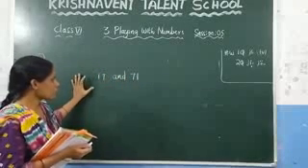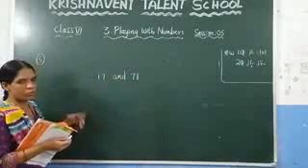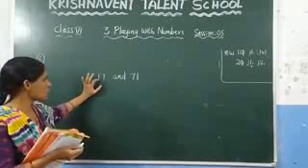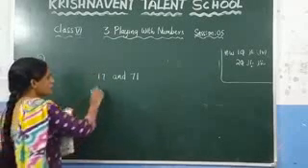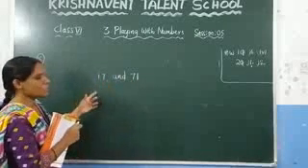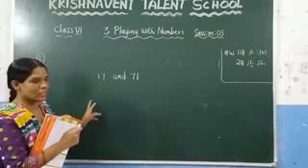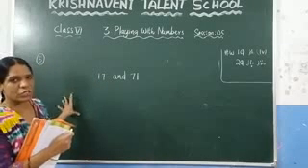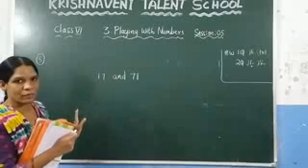So in the question, they ask you to write two pairs of numbers such that the same digits are repeated. Here 17 is there. If you reverse this number, you get 71. Like that, you need to write two more prime numbers such that after reversing the number, you again get a prime number. What are those prime numbers? You can write any number you wish.